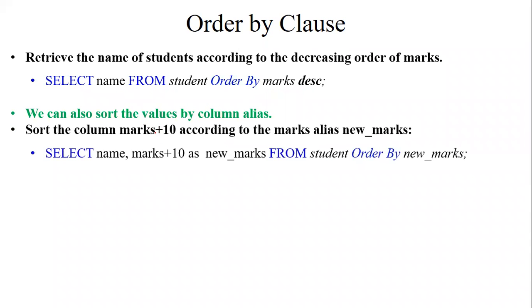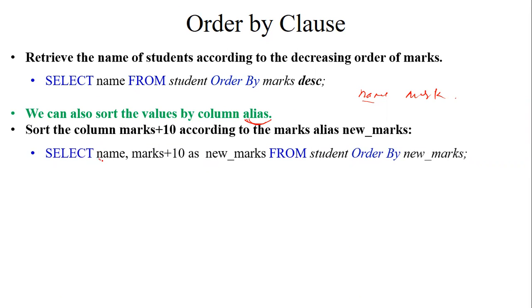You can also use an alias. An alias is basically used to display a column with some other name, like when the original column has the name marks or something else, and you want to display it with some other name. You can give that by using an alias during the displaying or retrieving of the information.